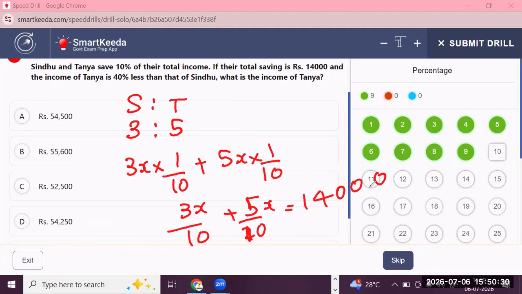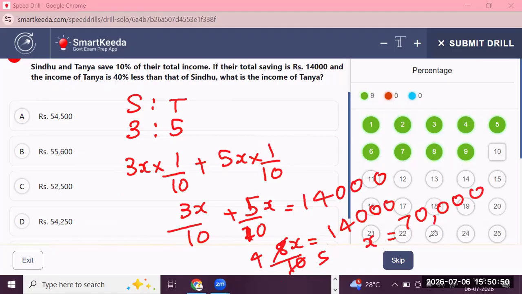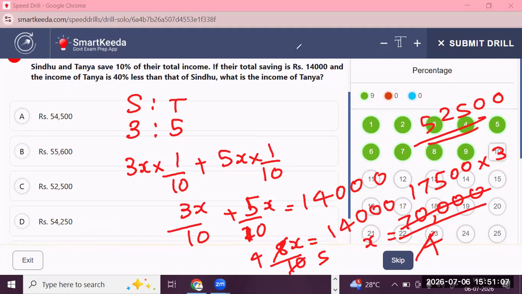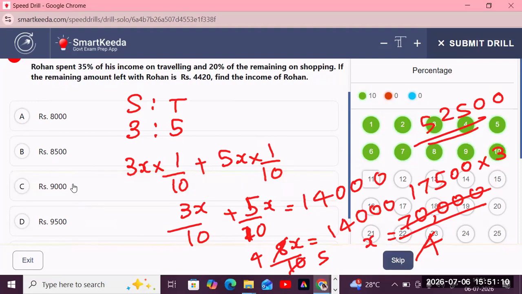और 8x/10 इज इक्वल टू 14,000, है ना? तो ये 10 बचा है, 4/5, x इज इक्वल टू 70,000 अपॉन 4। 4 1 4, 4 7 5 0 0 multiplied by 3, 0 0 between 1 2 to 5 5 to 5, अरे तो गलत कहाँ किया? शायद ये काम किया।